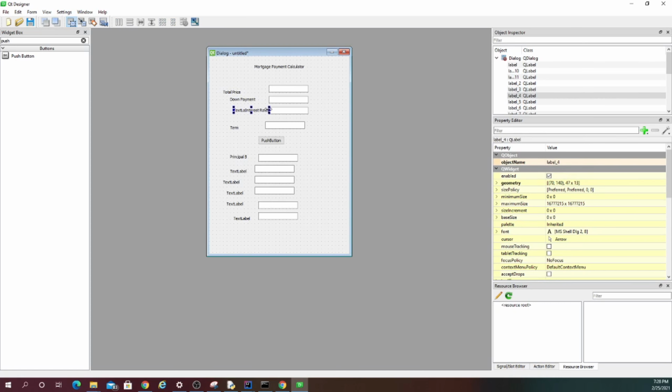Principal balance, and this one will be say APR and APY, monthly payment,